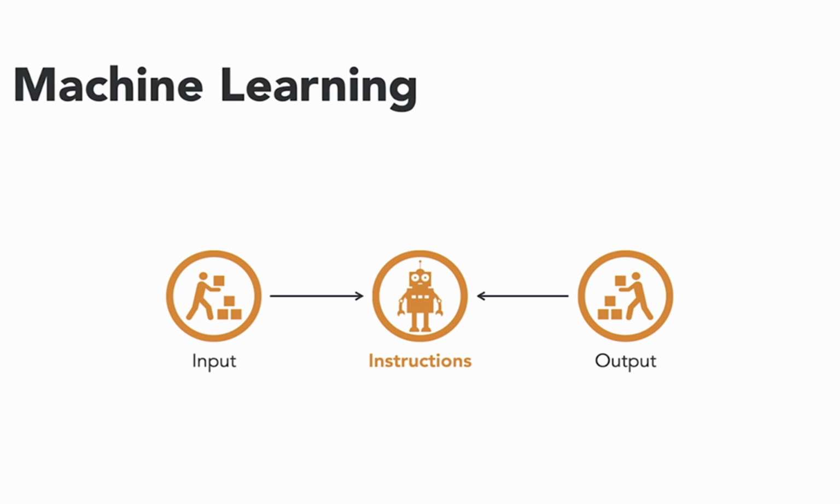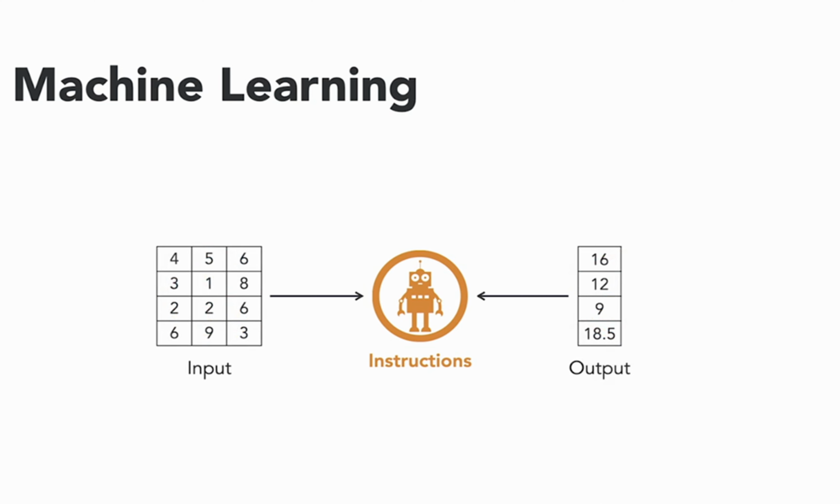To illustrate this idea, let's say we gave a computer the numbers on the left as input data, as well as the numbers to the right as expected outputs. Based on Arthur Samuel's idea, could a computer figure out what mathematical operation to apply to the input to yield the output? As we give the computer more input and output examples, if the computer is able to gradually figure out that a simple linear combination of the input values is a close approximation of the output values, then we say that the computer or a machine is learning.